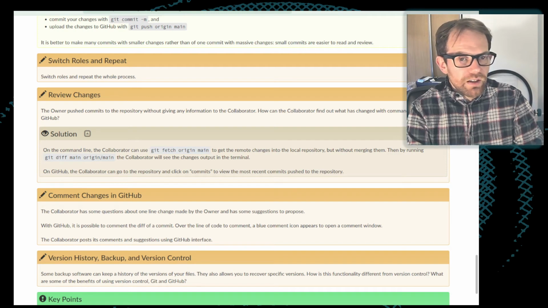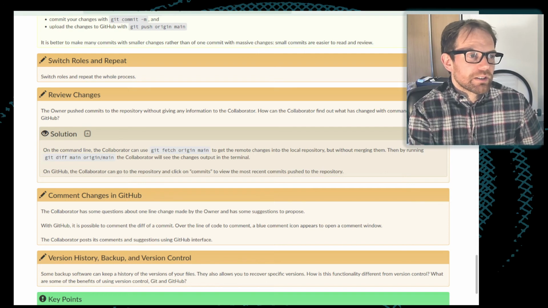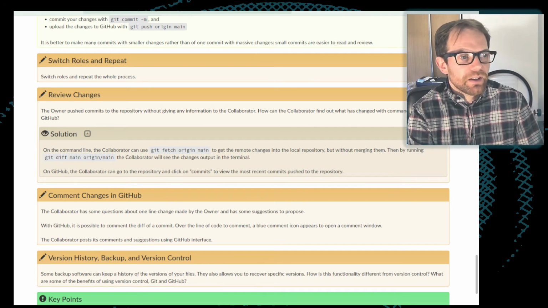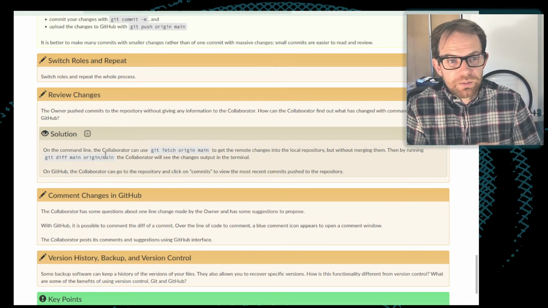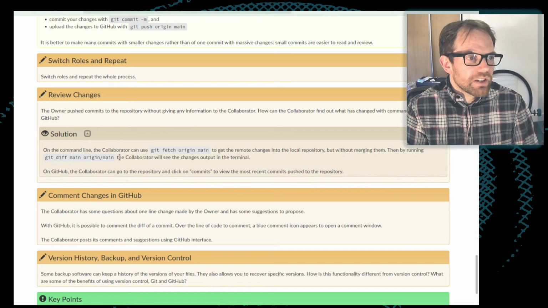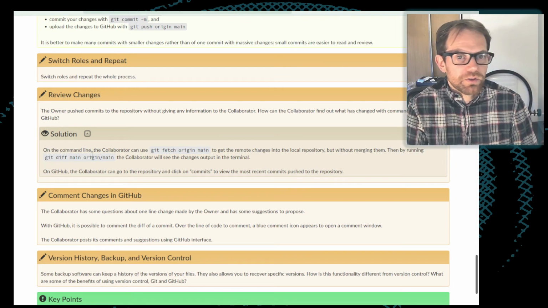Once we've updated our repository so that it has knowledge of these changes, we can then run git diff, and say git diff of main with origin slash main. Origin slash main is what Git calls the branch on origin, which also has the name main. Then you'll see the diff between your version of the repository on this main branch and the remote version on this main branch. You could also go on to GitHub and just have a look at the list of commits which are present on GitHub.